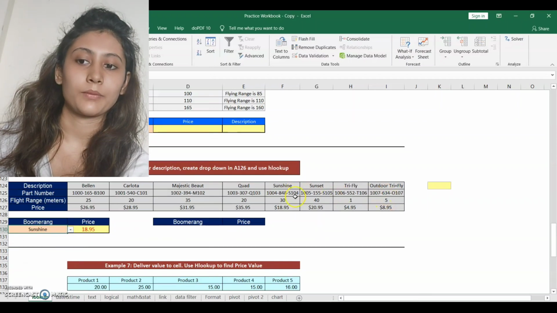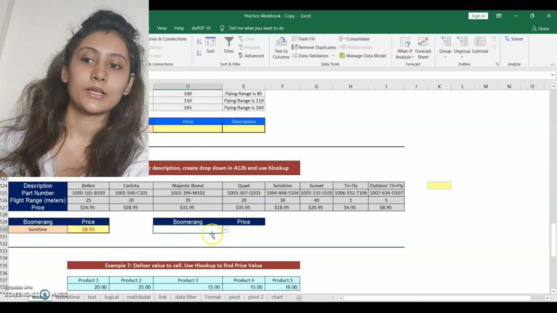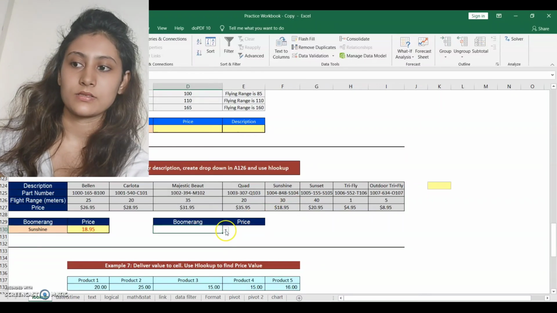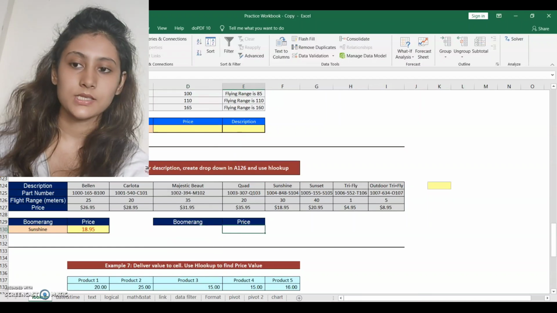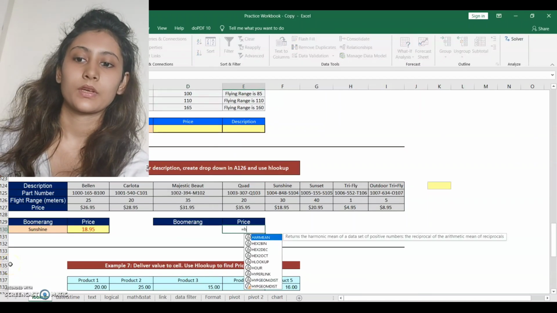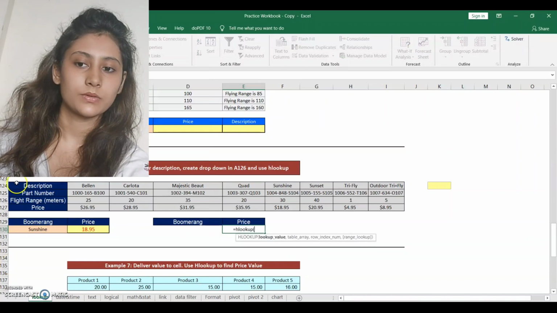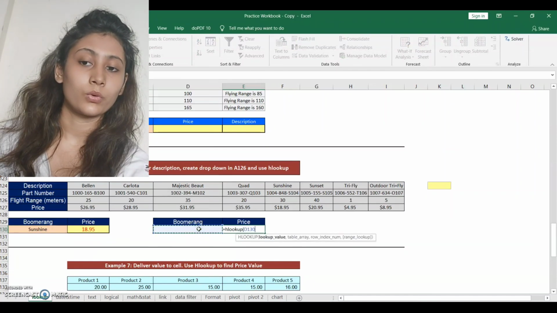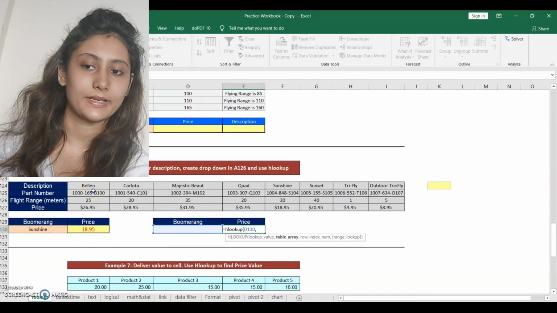So we have to type a formula of HLOOKUP, equal to HLOOKUP. The lookup value is this cell, that is D130, that is our drop down list. Then the table array, the whole table range. The row number we need is the fourth one, because we are searching for the price.